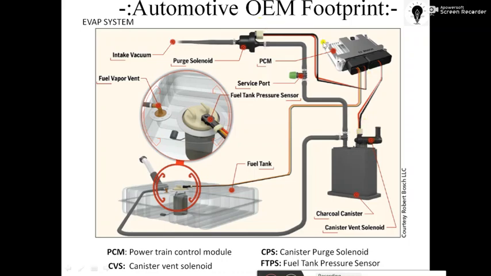and whenever the purge valve gets operated, that time also the solenoid gets operated, because whenever purge is operated, air should be introduced into the charcoal canister, and only then will that air take away the absorbed hydrocarbon along with it into the combustion chamber through the purge control valve. So whenever the purge control valve is operated, the solenoid also gets operated, and whenever pressure inside the tank drops, the solenoid also needs to be operated.